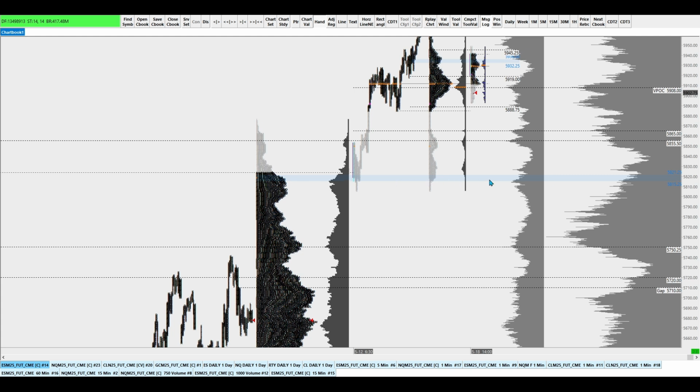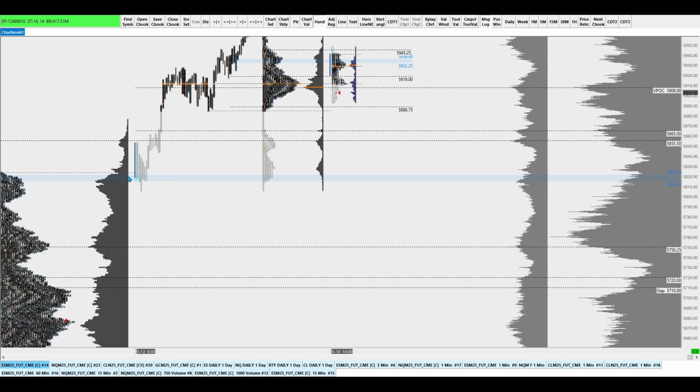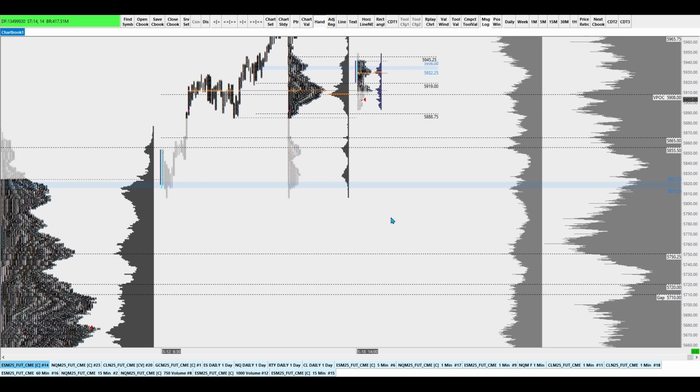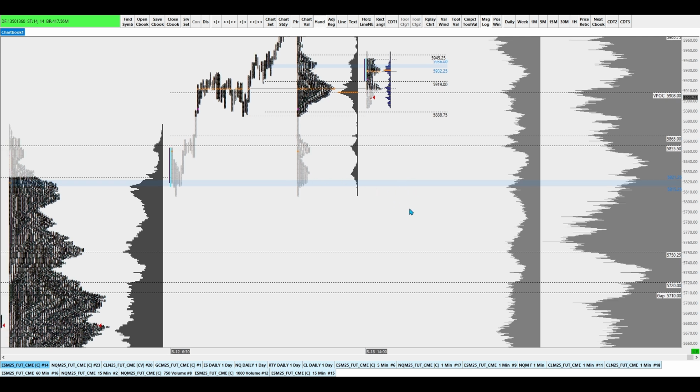The bigger one, I would think, is this same low that we saw Monday, right? And it's not going to be just a level. I'm going to treat it the same way I did this one and say, okay, what are we going to do at the end of the session? Or what's the profile going to look like by the end of the session? Or, halfway through the day, what's the profile looking like up against that level? That's how I'm going to treat acceptance, maybe try not to jump the gun, but observe what happens up against those zones. So that'll be my big line in the sand.